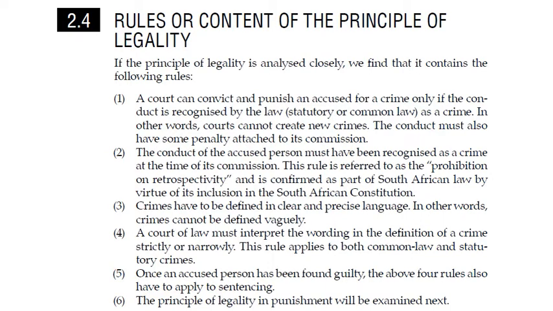The following charge does not meet the requirements of the principle of legality because the definition of the principle of legality states that an accused may not be convicted of a crime without it being necessary to interpret the words in the definition of the crime broadly in order to cover the accused's conduct. It further says,